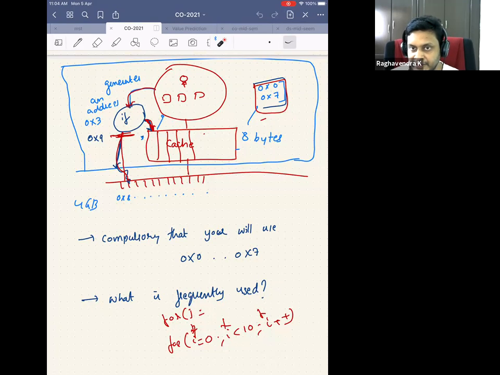This was a very simple design. We said that from 0x0 to 0x7, we store in the cache, and everything else, we store in the main memory. But then you guys were not happy with this design. You asked, what happens if the program generates addresses 0x8 or 0x9 or 0x10? Then we said, okay, we will use